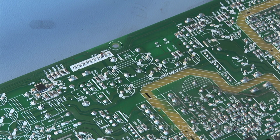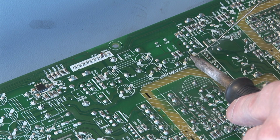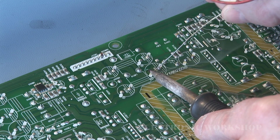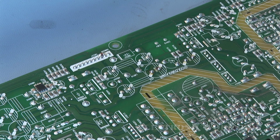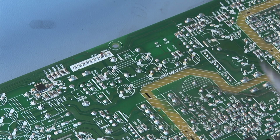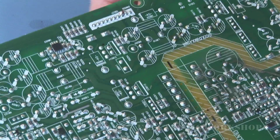I'm just going to have to clean out my soldering iron. It's clogged up, it's not sucking very well. Maybe I will have to remove it with a standard iron. Okay, I'll just remove it with a standard iron for now anyway, because a lot of people don't have a